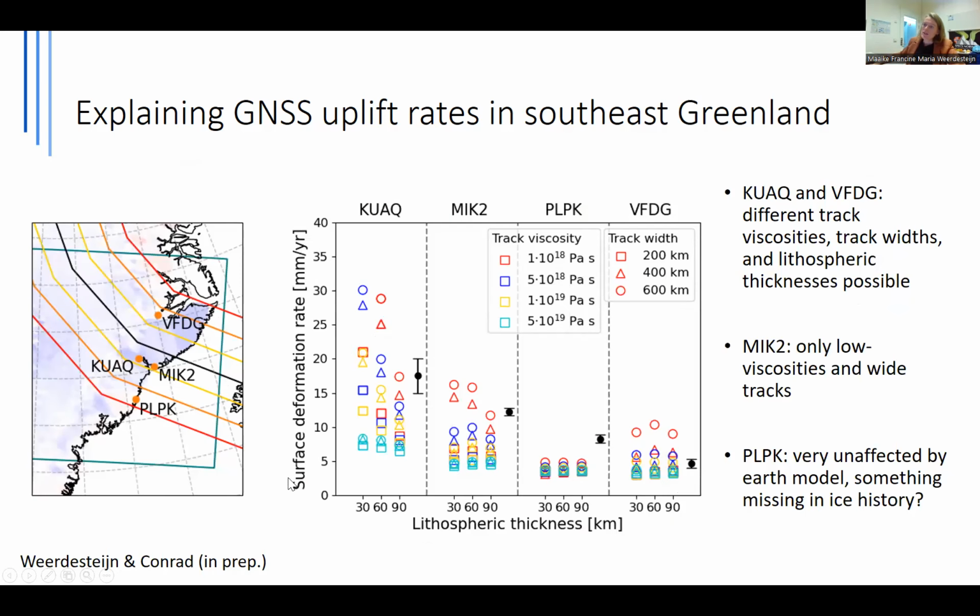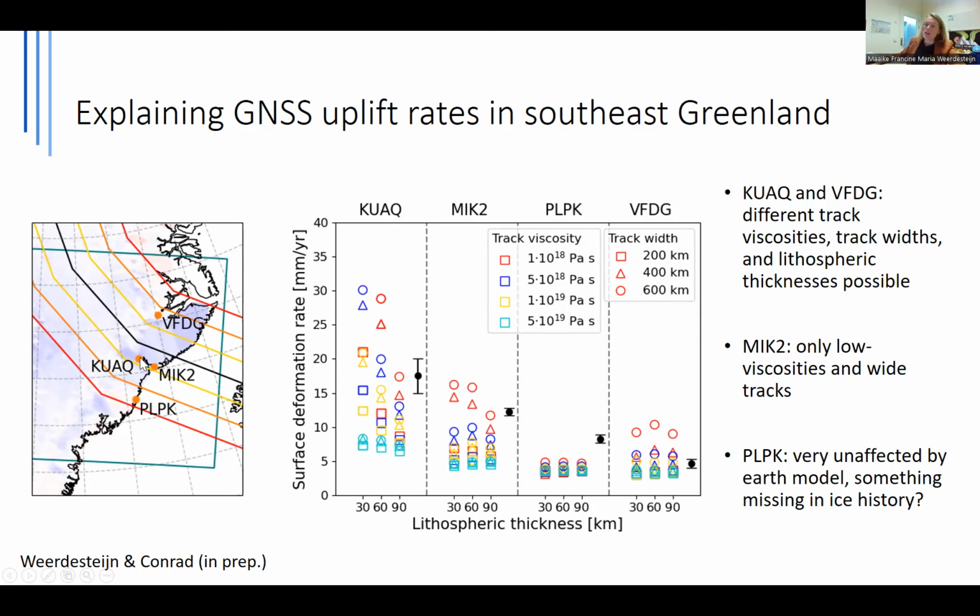On the y-axis is the surface deformation rates, and in the columns here are the 4 different station locations, and then the different colors and symbols indicate the track viscosity and width, and then they're also divided in smaller columns of lithospheric thickness. And the black dot with the arrow bar here is the observation of uplift at each of